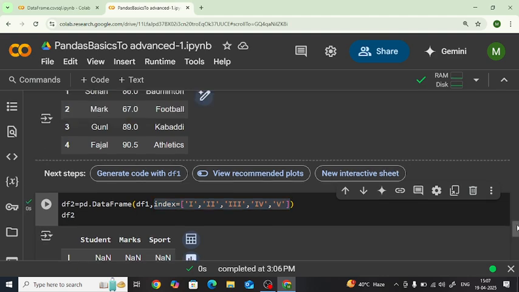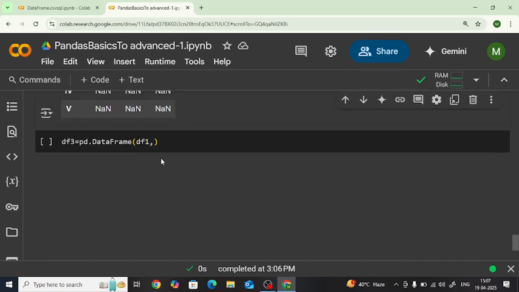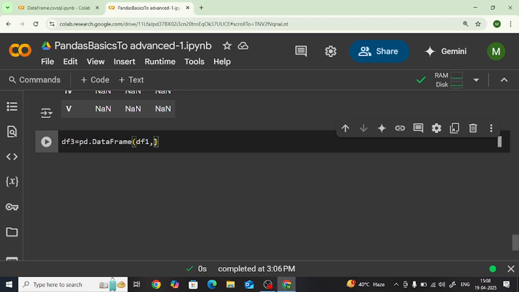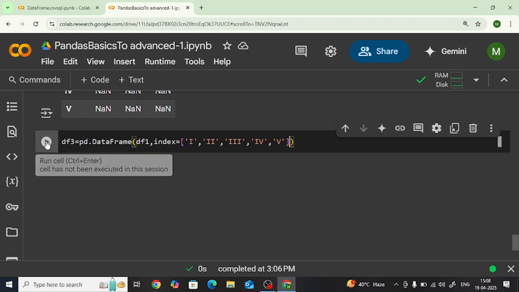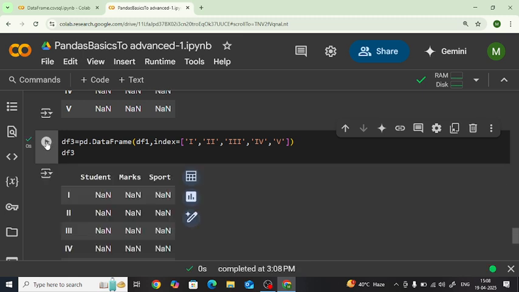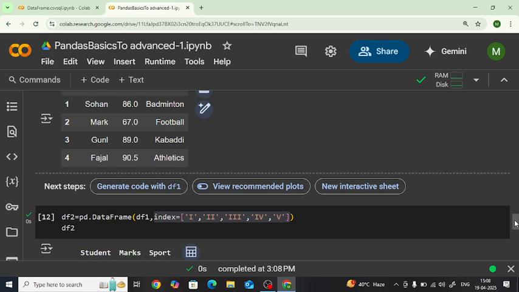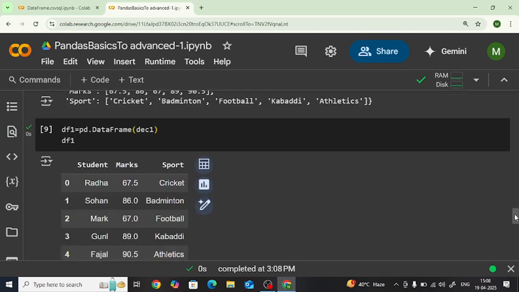So what's the problem? It's like this, and I am going with an alternative way. This one has been created, and now I want to print df3. So df3. We can see again I am getting the same problem. So what's the problem? The data frame has been created. After the data frame,